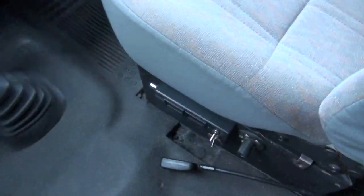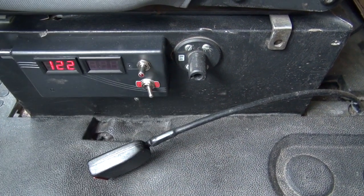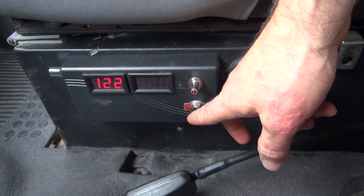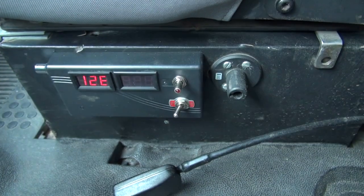I've also integrated a battery charger right here on the bottom of the passenger side seat, and this enables you to charge either the back batteries, which you can see the current voltage level there of the back battery, or the front batteries. There's 2 main start batteries